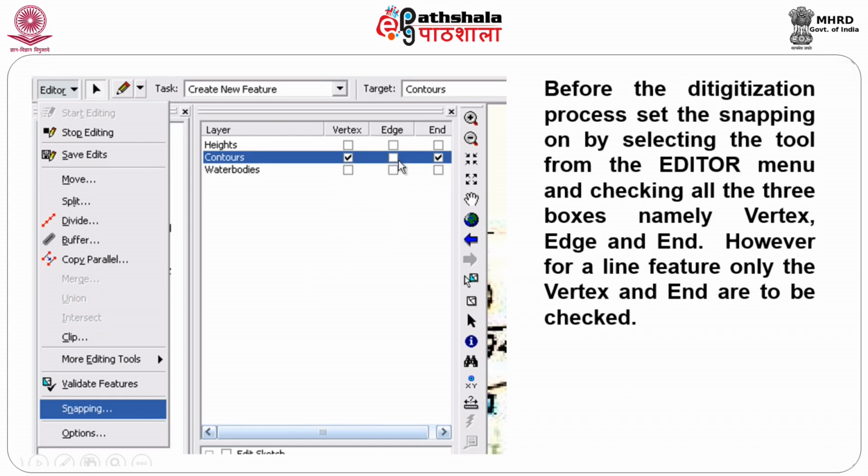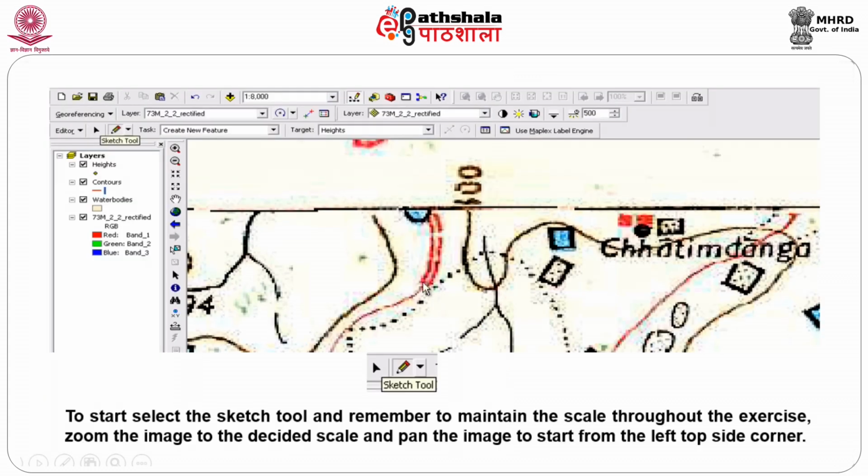I am not going to cut across, so there is no question of edge. That is why I have not selected the vertex and the end part. So, I start from here, this is nothing but your 100 meters. Most of the time it will be meters, rarely feet in India, because we use the MKS system, whereas the UK and US use feet. Here it will be 100 meters.